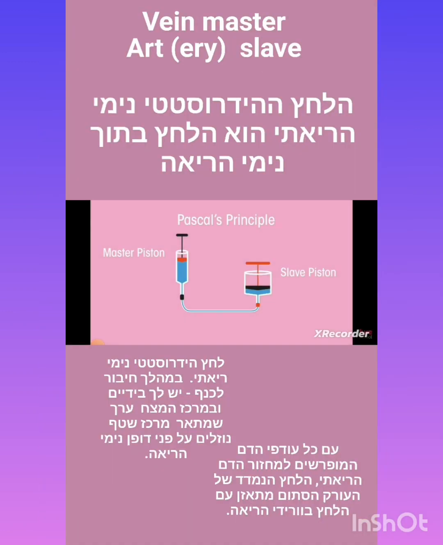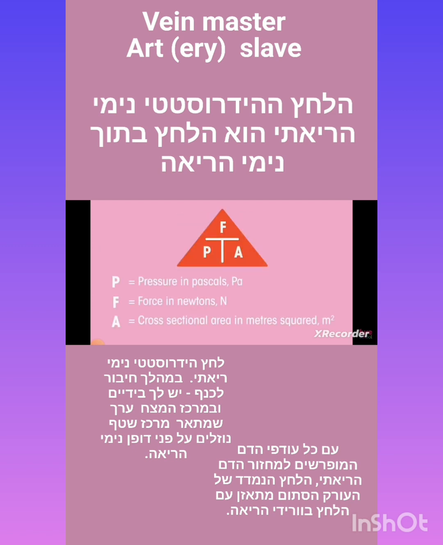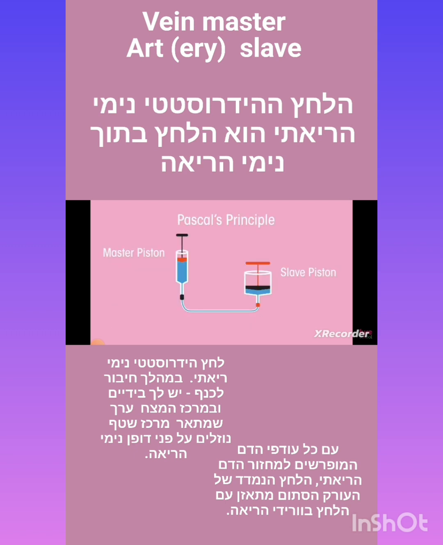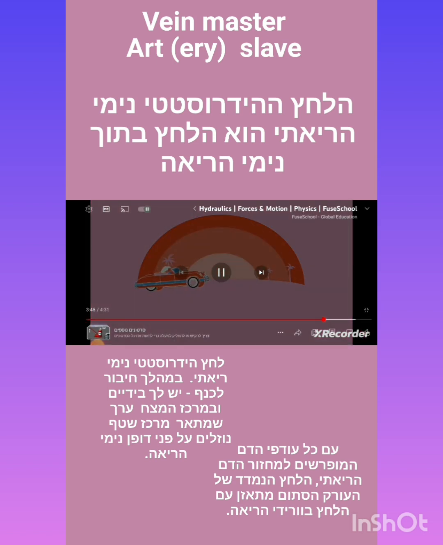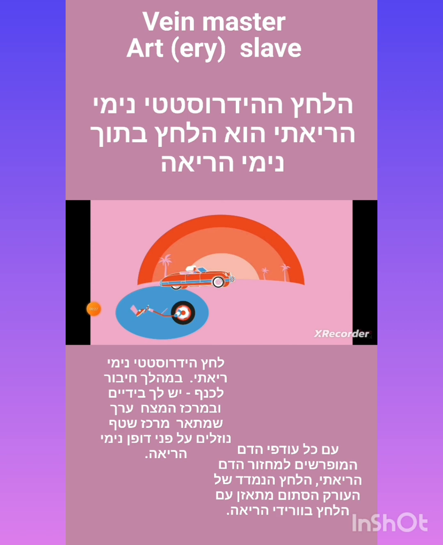Because liquids can't be compressed, the pressure stays constant between the master and slave piston. And thanks to the relationship between pressure, force, and area, it means a relatively small force can be applied to the master, which will result in a much larger force on the slave. Thanks to hydraulics, we can apply a small force to our car brakes, but a large force is then exerted on the brake pads.